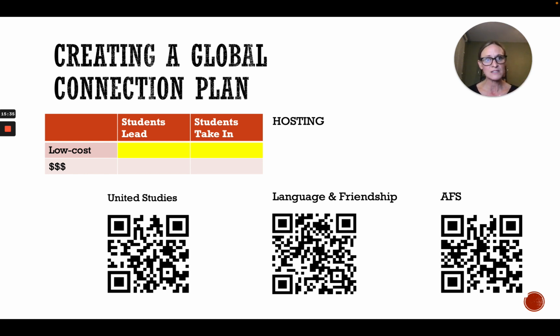But when you talk about hosting, typically with reputable companies, you do not pay to host a student from another country. I always tell my students, you're providing friendship and feeding and housing the student. So for a lot of families, just one more person at the table can be doable. For a lot of families, maybe there's a guest room or a pull-out couch or bunk beds that can be used. And suddenly the idea of global becomes really local.